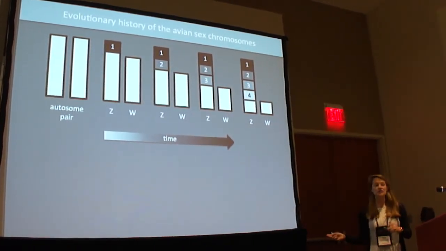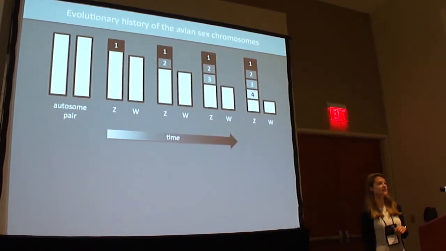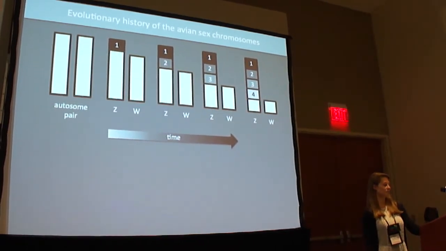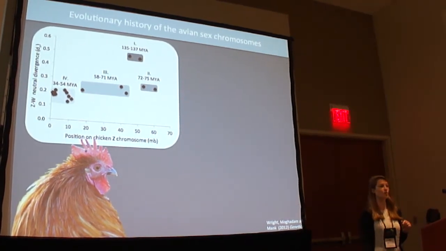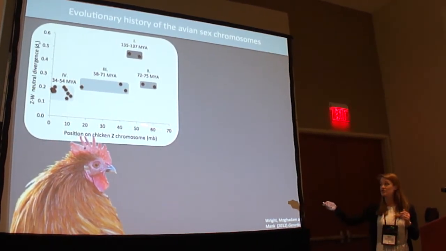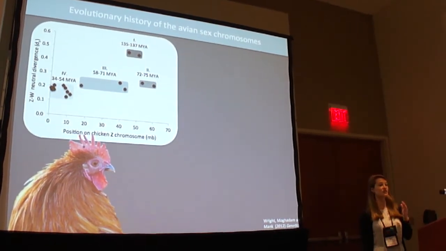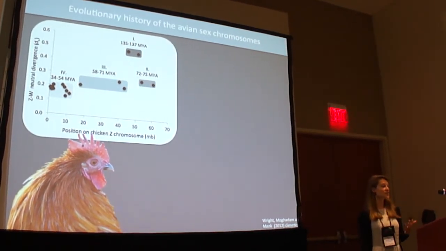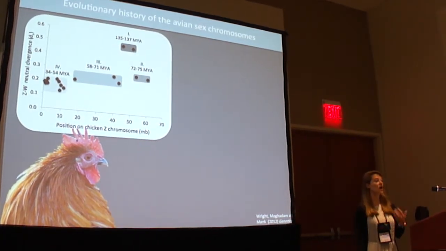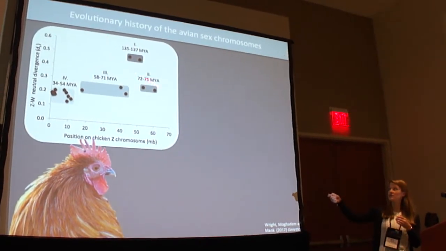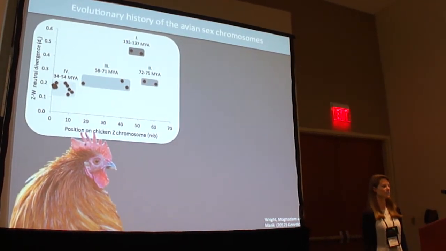So I was actually able to characterize this evolutionary history of the chicken sex chromosomes using 18 newly identified Z and W orthologs. And so this is mutual divergence between those 18 Z and W orthologs plotted against the physical position on the chicken Z chromosome. And you can see that the orthologs cluster into 4 distinct strata, which suggests that the avian Z chromosome was formed by up to 4 recombination suppression events over the course of around 130 million years. So the oldest strata is here, and the youngest one here at the tip evolved around 40 million years ago.